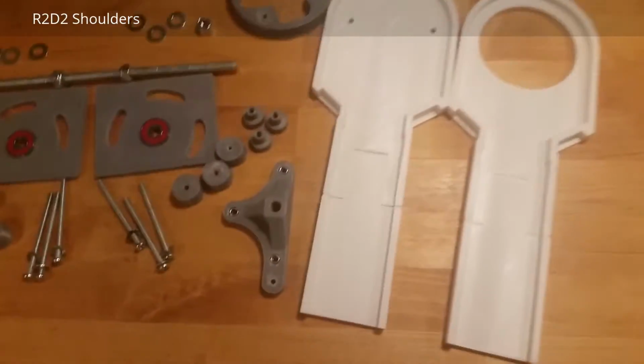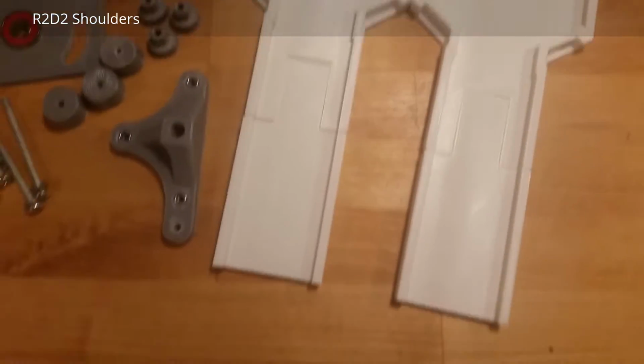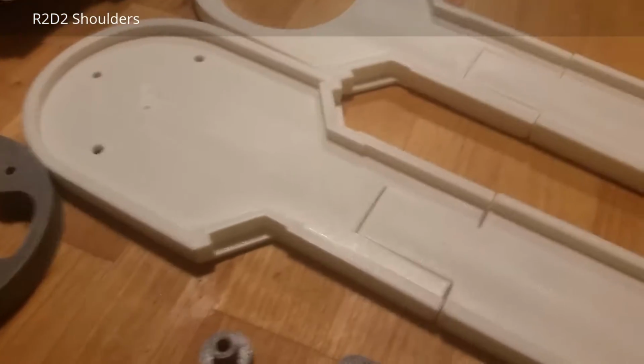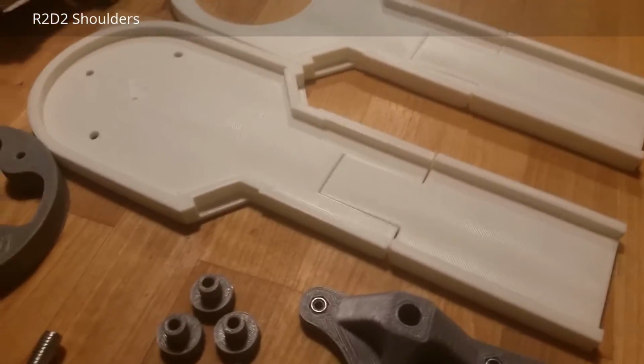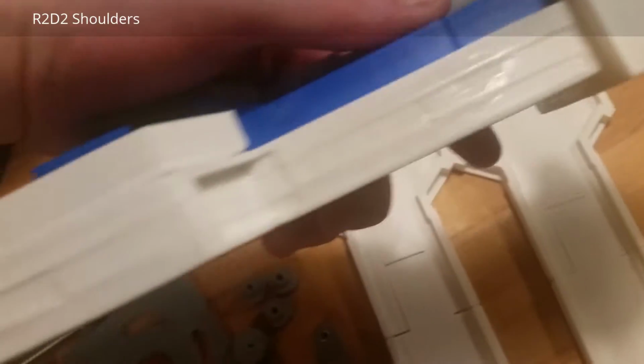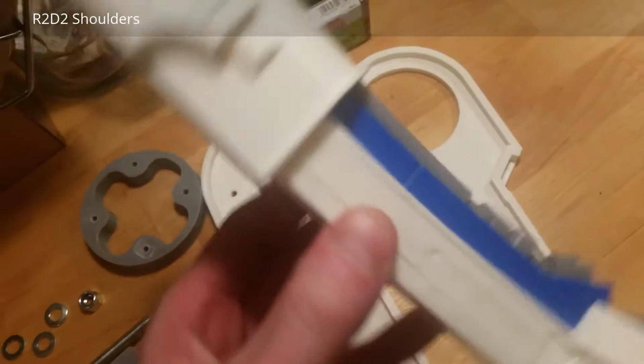Hello, it's Bo again. I started printing version 2 of the legs, and it's a bit different than before because this will be a complete size and only cut in 2 pieces, where the previous one was cut in separate slices and then glued together with slurry. But this is